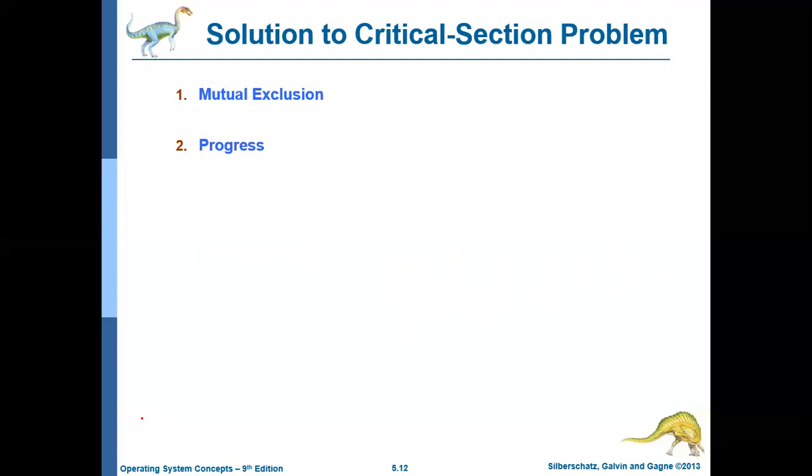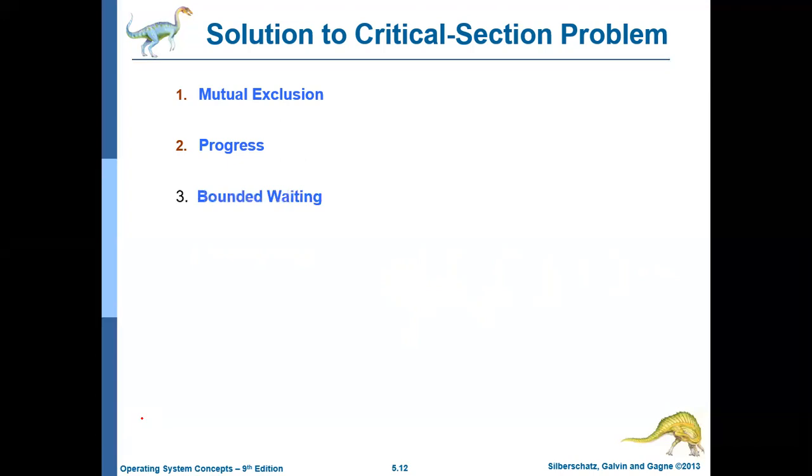Currently, if no process is in the critical section, and now one process wants to enter the critical section, then the decision whether the process should enter or not should not be postponed indefinitely. If it is postponed indefinitely, then it will lead to a problem called starvation. So if some process is waiting for the critical section, then it should get access to the critical section in a reasonable amount of time. That is what is called progress.